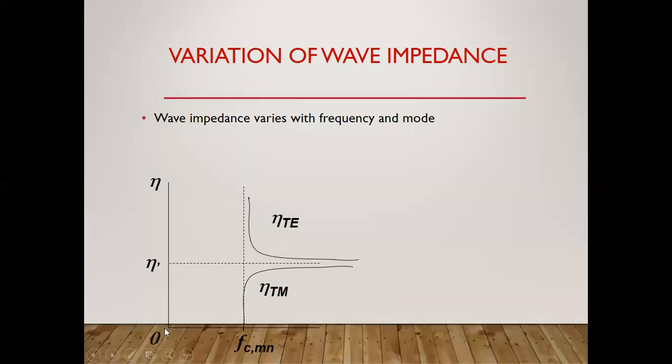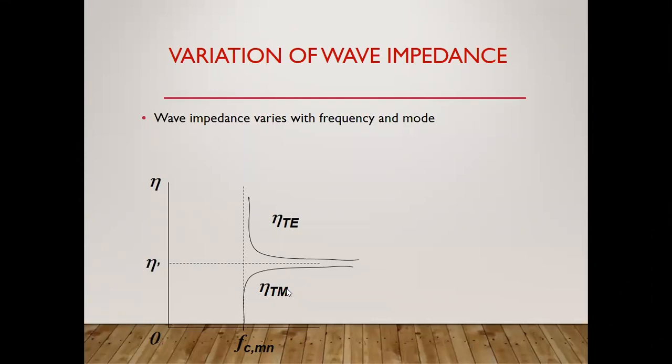See here the reference point of 0. See here the changes in the characteristic impedance, or the wave impedance, or the intrinsic impedance, how they are varying. At the beginning it will be 0, and later at a particular frequency, that is nothing but the cutoff frequency, the TE and TM impedances you may calculate. From 0 to a particular value, that mode will be the TM mode.